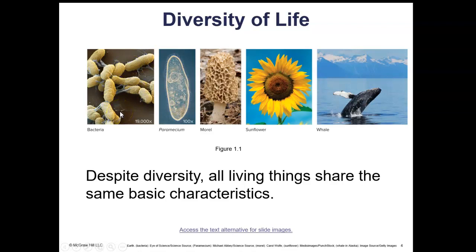this image has been taken with an electron microscope, so those microscopes are able to show us the image 19,000 times bigger than what it really is. So these bacteria are enlarged for sure. And then in the picture to the right of that, we see a paramecium, which is only 100 times bigger than its actual size. And it's probably that image was taken with a light microscope, like we use in the lab, although this one looks a little bit higher quality than the one we